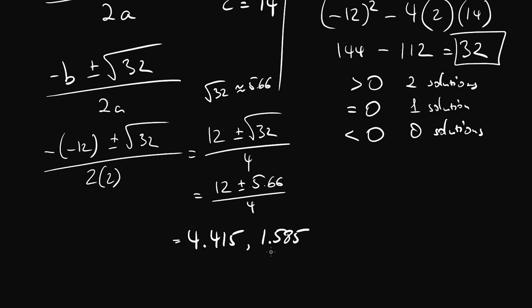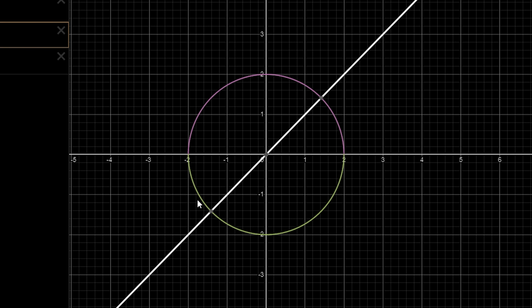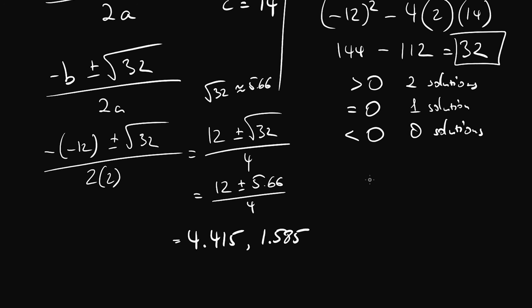So these are our 2 solutions. Now you might be wondering, well, okay, there are 2 solutions. We know there are 2 intersections, but that doesn't seem right. And what do I do with this information? Because these coordinates clearly are very different. What's going on? Well, remember what we were solving for.